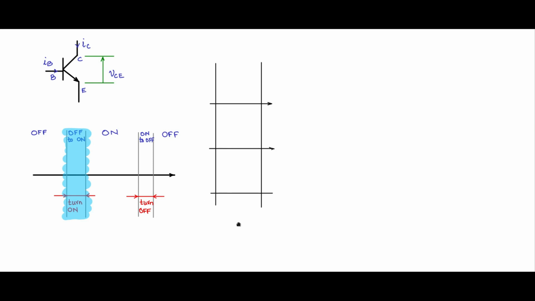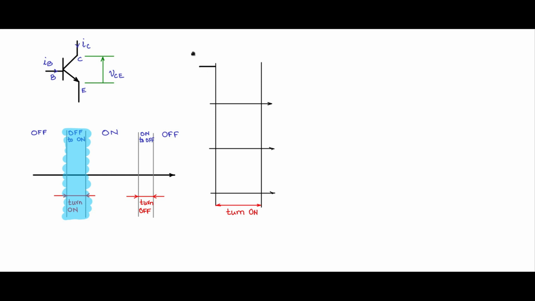So in order to understand the switching behavior of the switch, let us try to look a bit more in depth into these parts, the turn on part, and this part, the turn off part, in a bit more detail. So let me first take this turn on part and let me zoom it. So I'm going to plot 4 waveforms on this. Okay, let me tell you what they are going to be. So first, this is called the turn on time.